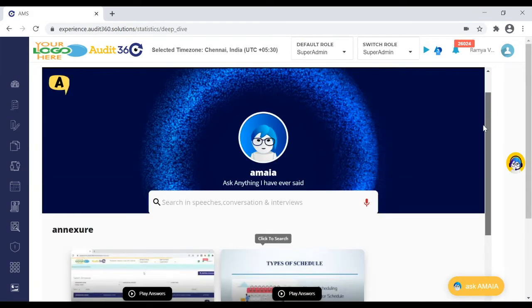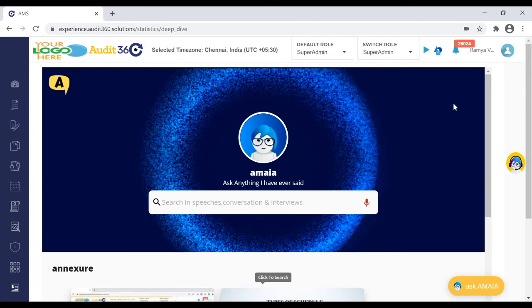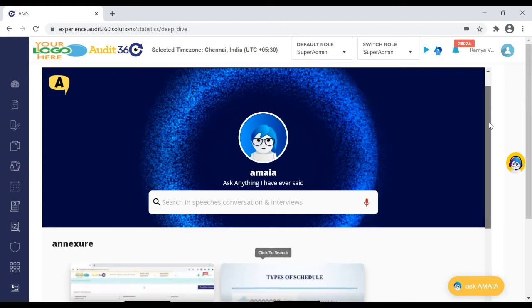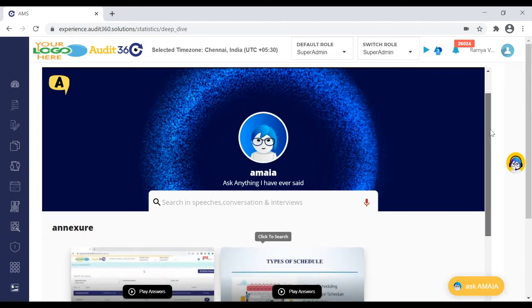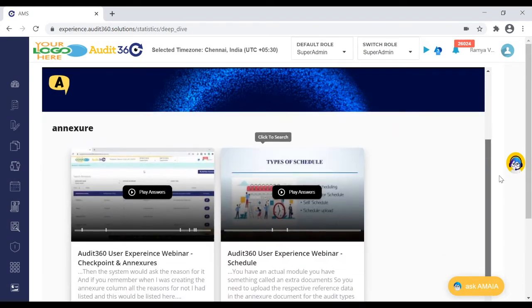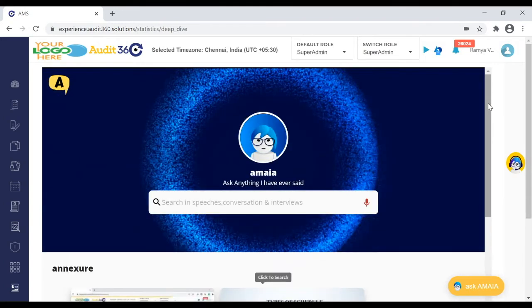Santosh, would you want to add anything about this feature? No, that's it. The idea is that when the user is working on a mobile or even a laptop, even voice search would work, and the search becomes easy. You don't have to go through a 1 hour long webinar to get a 2 minute point that is covered in that document. That's the idea here.